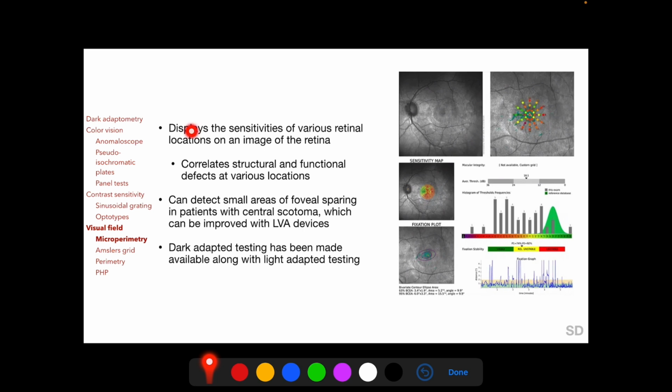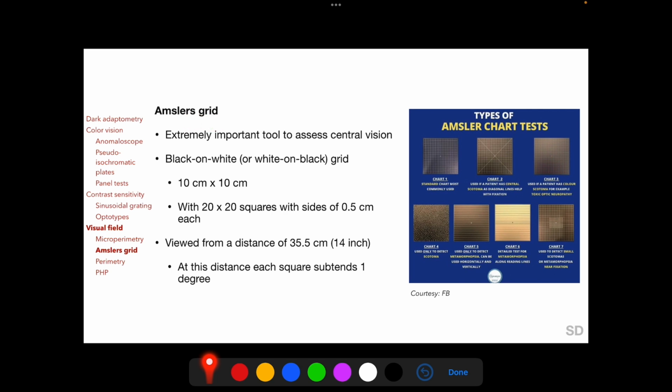Microperimetry report displays the sensitivities of various retinal locations on an image of the retina, and so allows correlation between structural and functional defects at various locations in the retina. Microperimetry can detect small areas of central foveal sparing in patients with central scotoma, which can be improved with low vision aid devices. Amsler's grid is an extremely important tool to assess the central visual field, and 7 types of